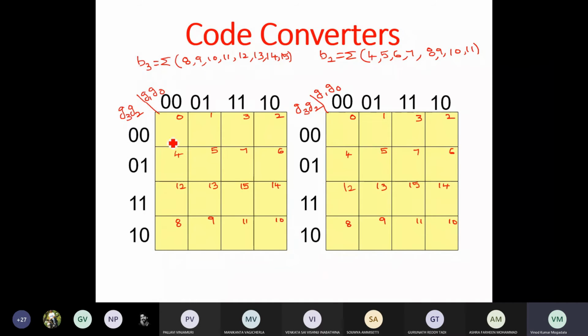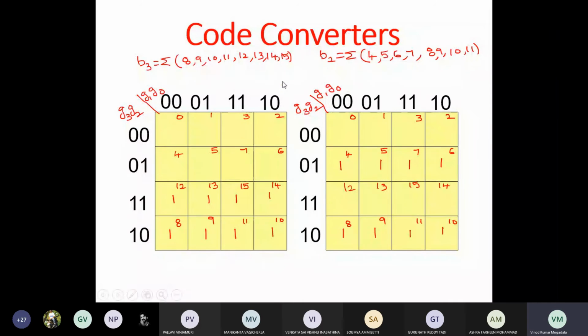Now list the minterms in the K-map. This K-map is for B3 and this is for B2.